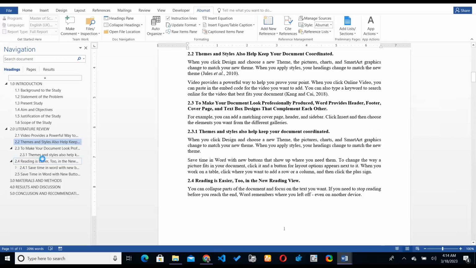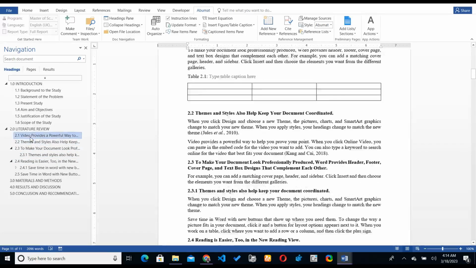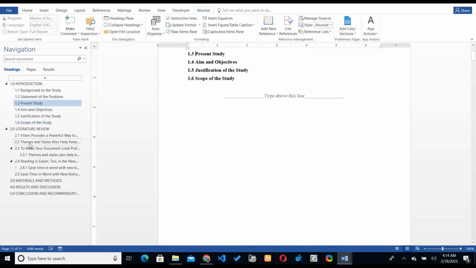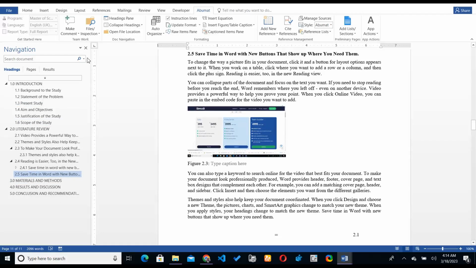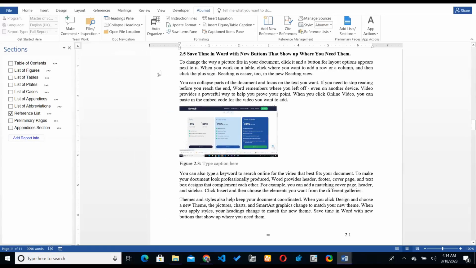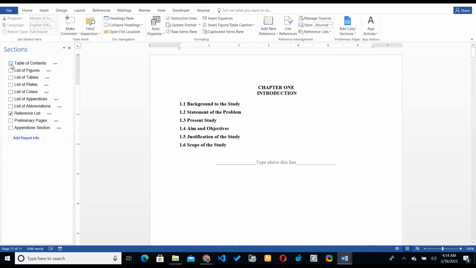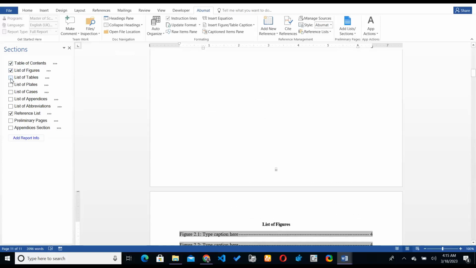Every heading and subheading in the work is presented here, so that navigation through them as your work becomes very, very easy. And then we come down here. This table of content and list gives us this side pane here, from which the table of content of the work can be added, a list of figures, a list of tables, list of plates, list of cases